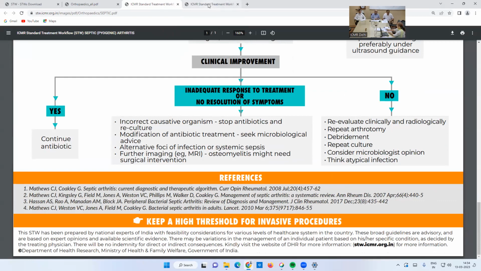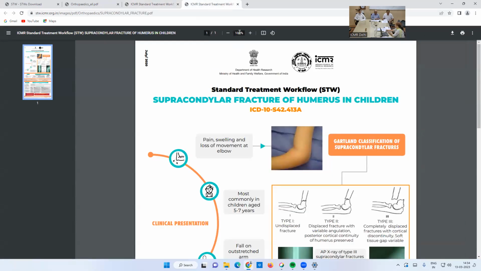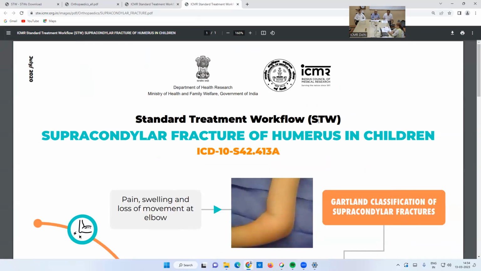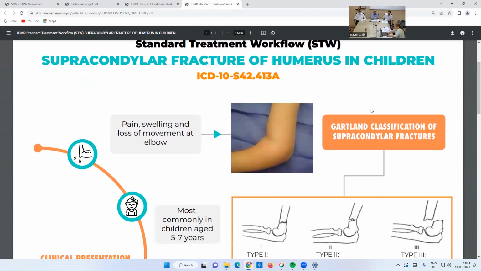Then we now move to our next STW, which is a common condition in the pediatric age group, the supracondylar fracture of humerus. So for that, I request Dr. Goel to